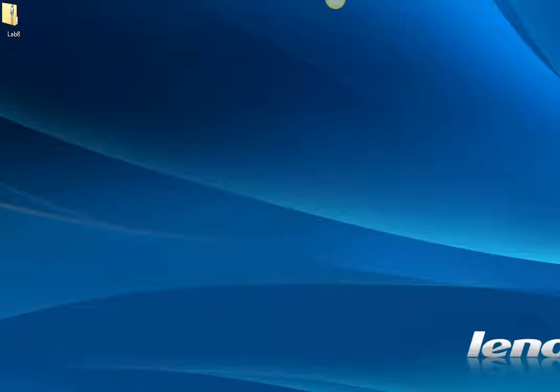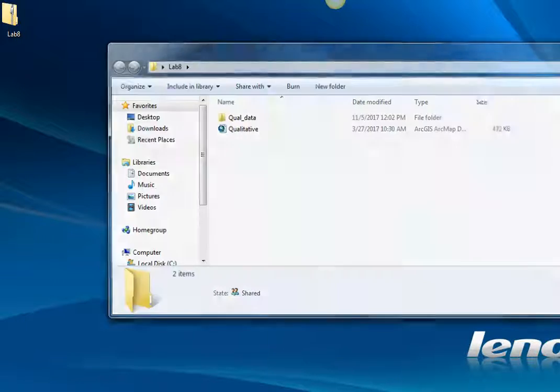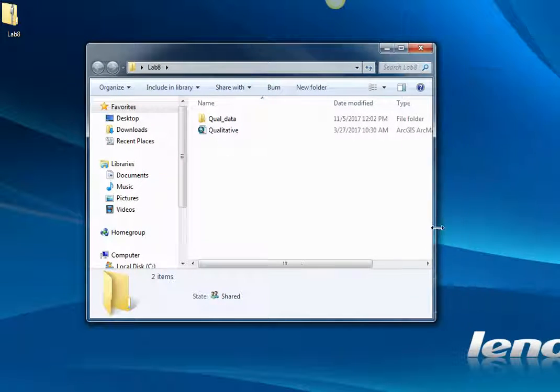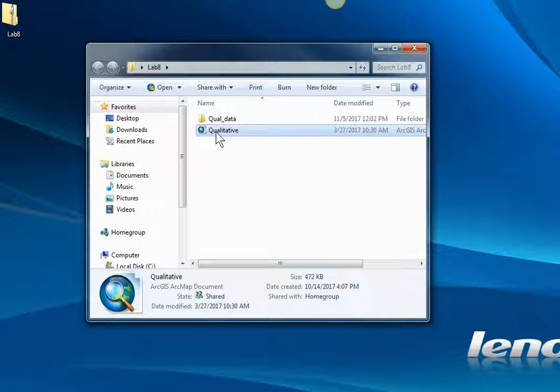Oh, it's going to put it on my other computer. So it's over here. I have 2 screens going, so it wants to default it to my other screen. So now I have one that's a nice backup that's zipped and the other one that's open. So I'm going to go ahead and open it. Here we go. So now when I open up my Qal data folder,